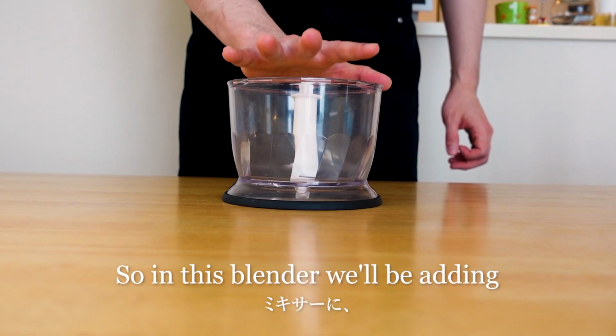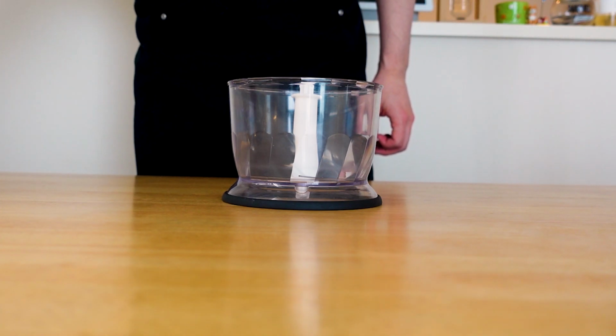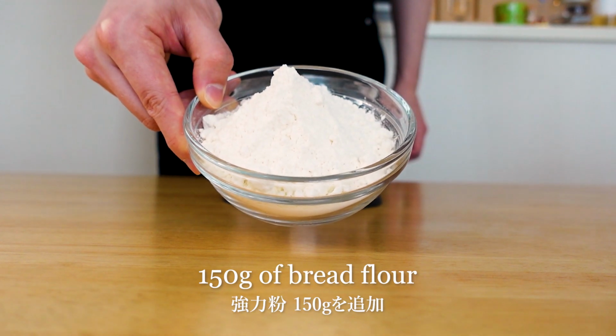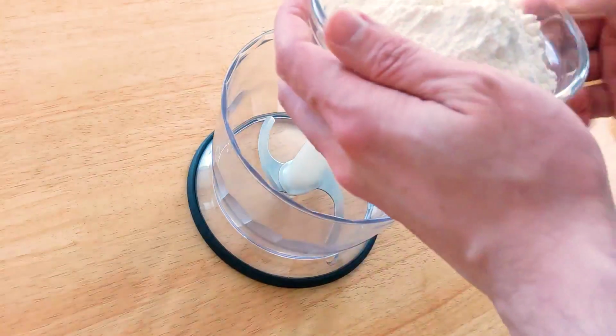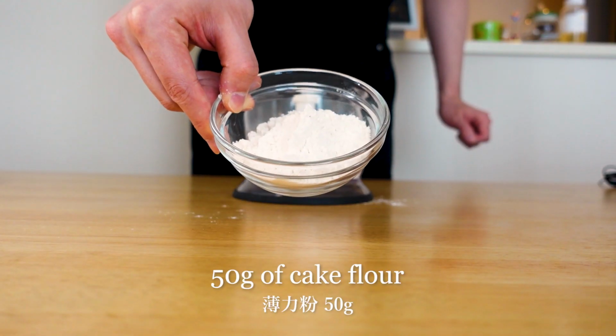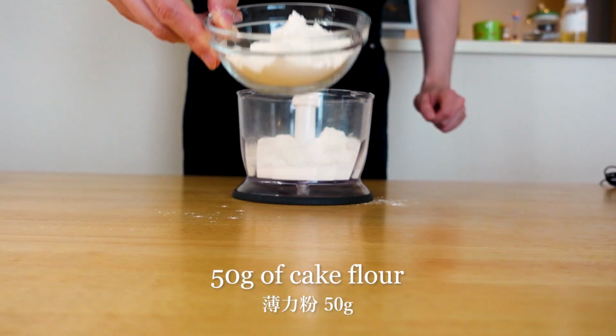So in this blender, we'll be adding 150 grams of bread flour, 50 grams of cake flour,